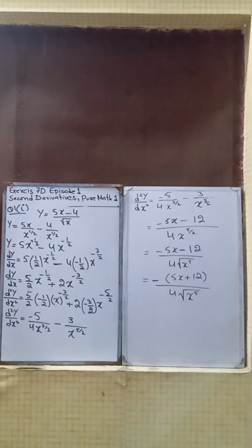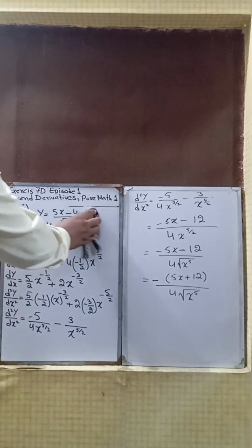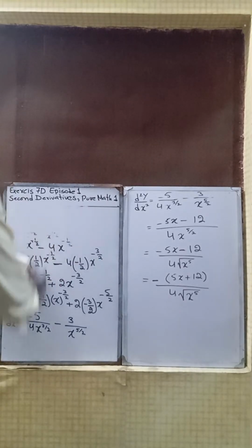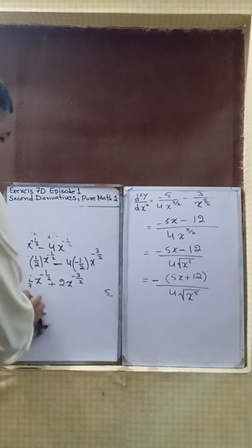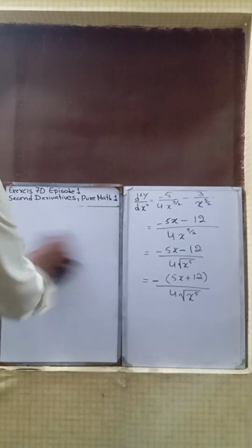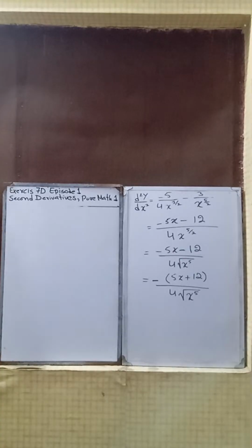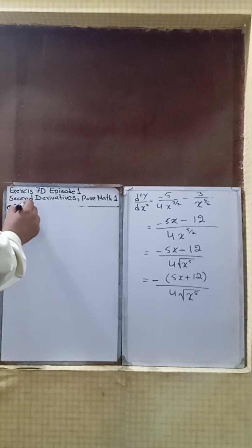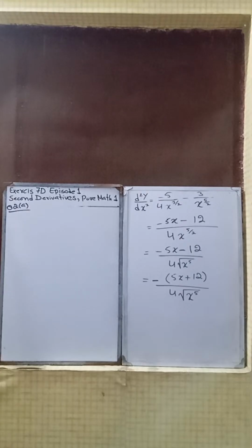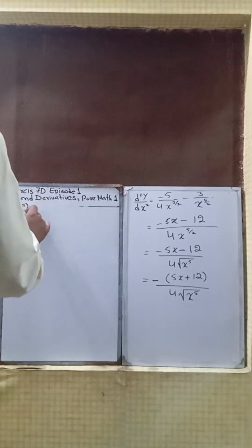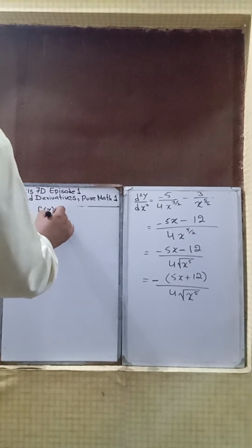In question number 2, the question is still the same. They want you to find out the second derivative. But here they write this in the form of a function. Okay, let me show you. Question number 2 and its A part. Here, instead of saying y is equals to this, they write it as you write a function. So for example, they say f of x is equals to